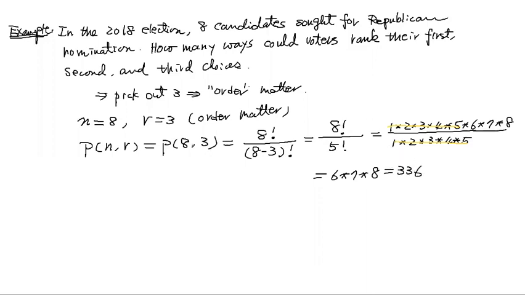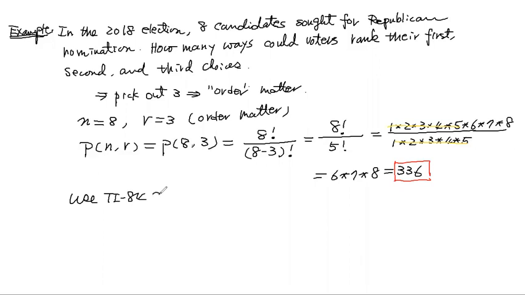That means I'm going to have 336 ways to do these permutations here. All right, so now you can write it out. How about if you say, well, this is going to be pretty difficult to write if you have 20 factorials, right? So here, I'm going to show you how to use the